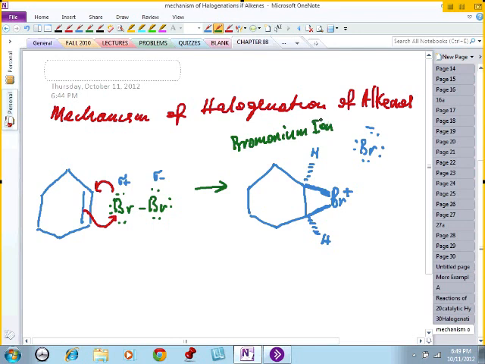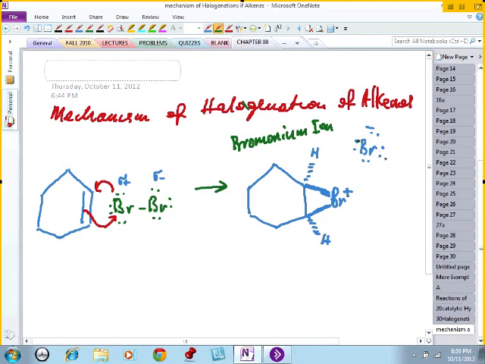Okay. Now, once you form that bromonium ion, think of the bromonium ion as this, in which you have the bromine here, right? Now, what is going to happen? This bromide here, you notice the bromide here,